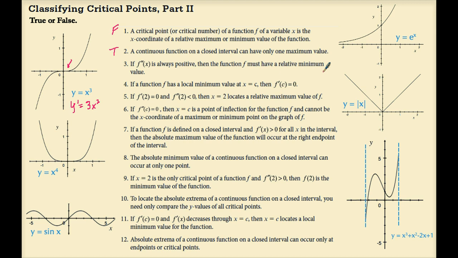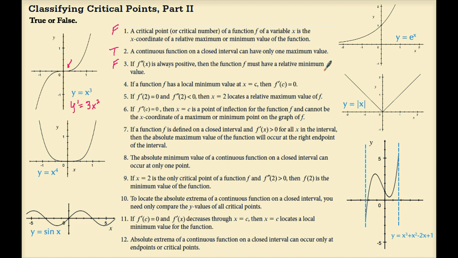Number 3. If f double prime of x is always positive, then the function f must have a relative minimum value. Not necessarily. Notice y equals e to the x. f double prime of x is always positive. The function is concave up on its entire domain. Yet there is no relative minimum value here. A better way to state this would be to say, if f double prime of x is always positive, and at some point on the interval f prime of x equals 0, then the function f must have a relative